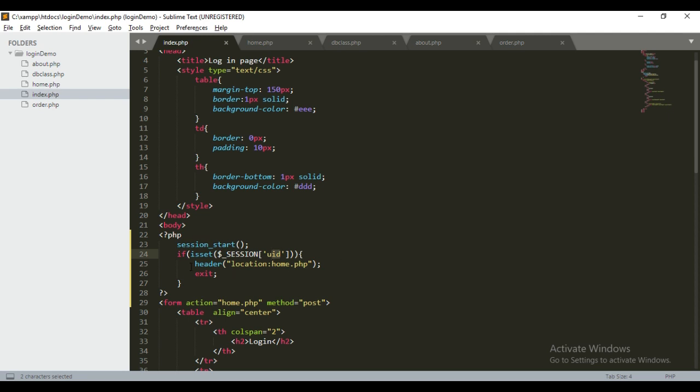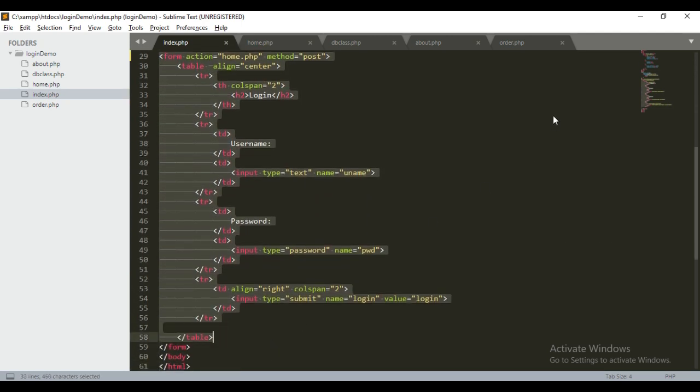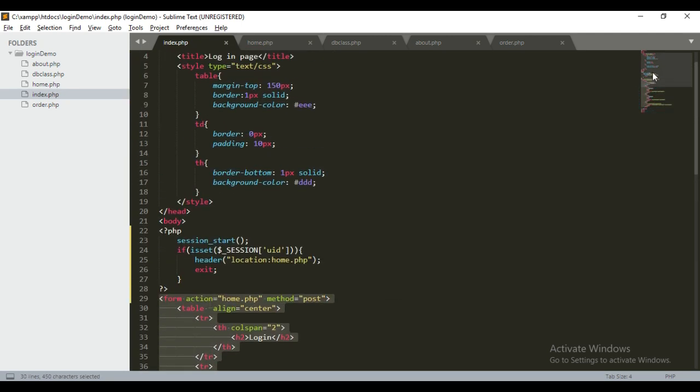So we are redirecting the user to the home page if he is logged in. If not, then we are going to display the login form to the user. Now this session start is a built-in function. Whenever we access a session variable, we have to use this function. Without this we cannot access any session variable.